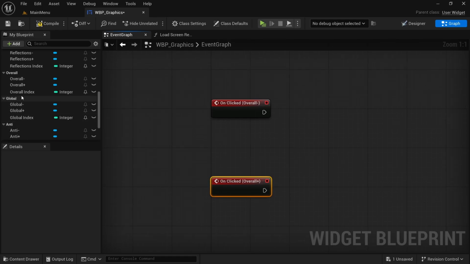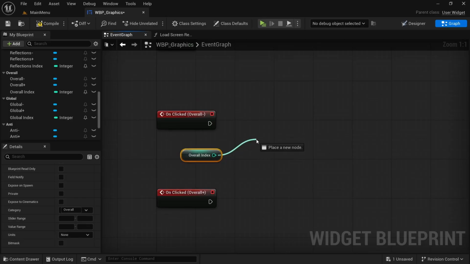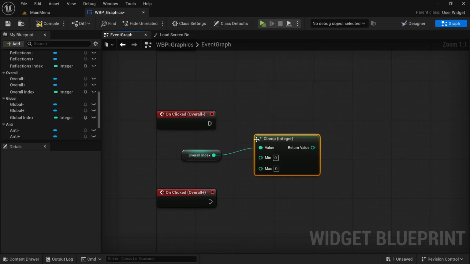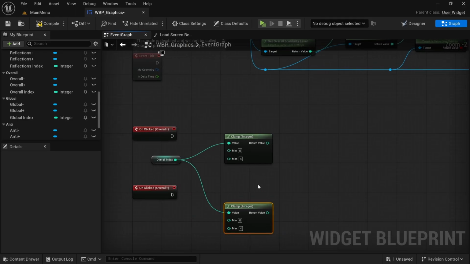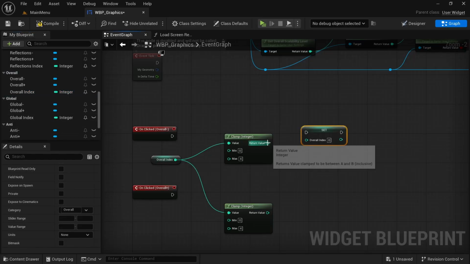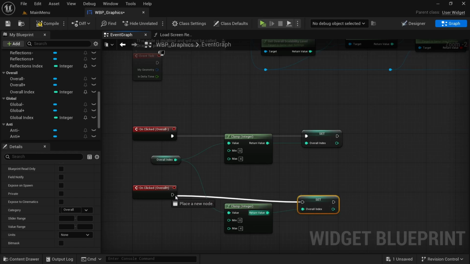we're going to drag in the overall index, hold Control, drag it in, and from there we're going to drag off and look for clamp integer, and clamp it between 0 and 4. Then we're going to Control D the clamp, and then drag in the overall index, hold Alt, drag it in, then connect the clamp to the set, connect the execution pin, Control D the variable, connect the other clamp to it, connect the execution pin,